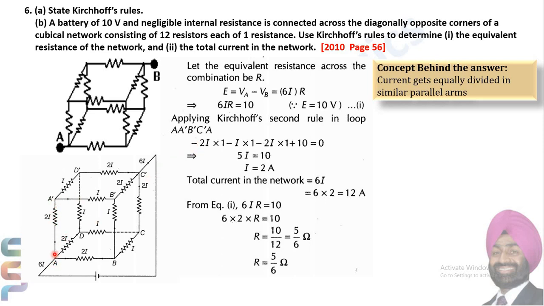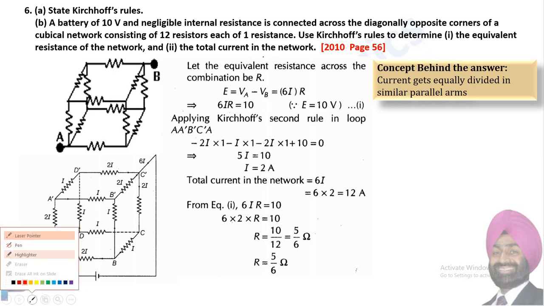Okay, so 2I into 1 ohm, then I into 1 ohm, then 2I into 1 ohm. Each term should be negative, or you can go opposite as told in the video by me. Both are correct, no doubt. If you have changed signs, that means if you approach the negative of the battery, you have to write plus 10 volt equal to 0, solve it, or you may write as usual.